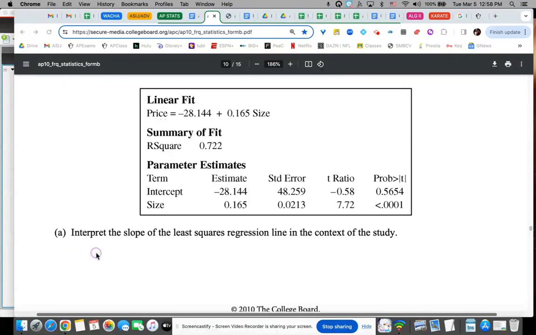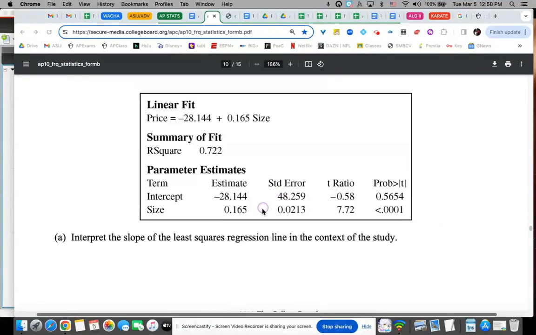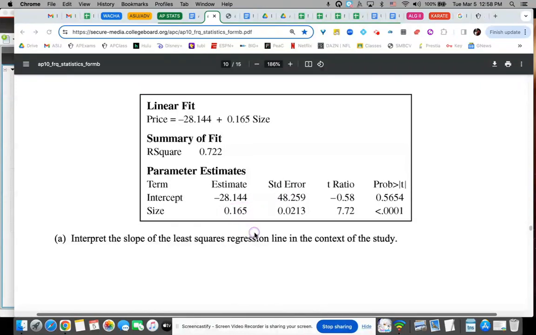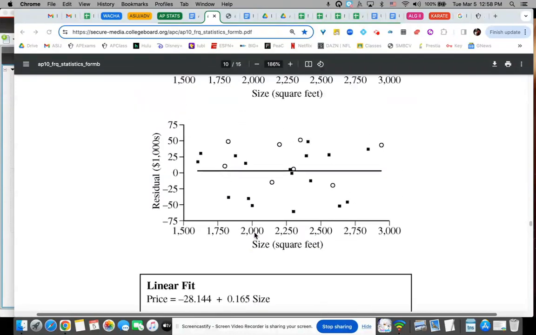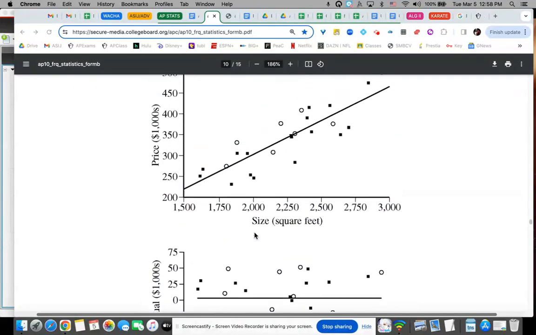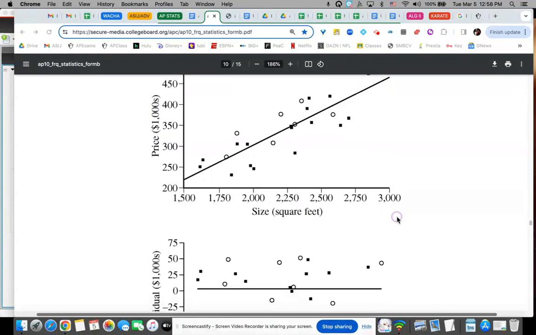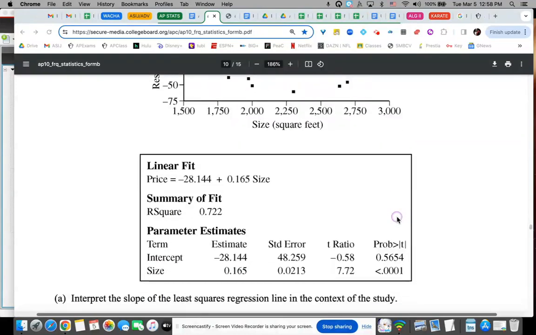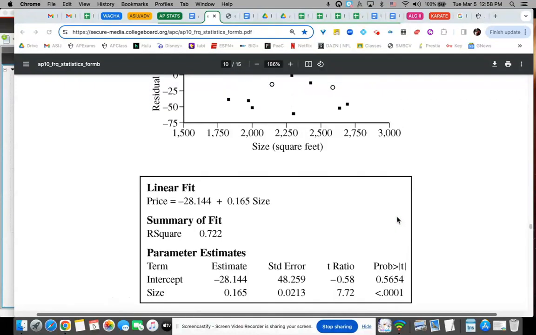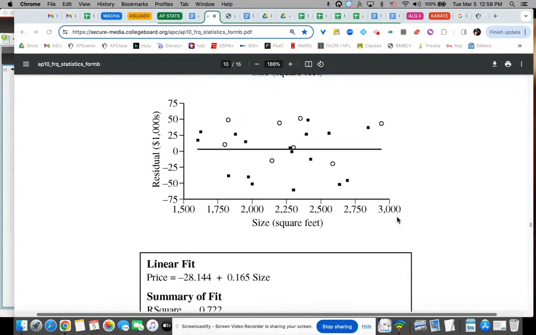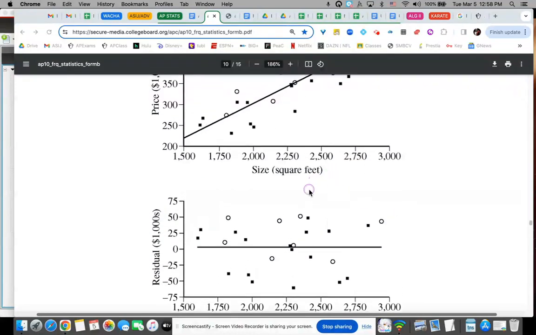Okay, so A, interpret the slope of the least squares regression line. Well, we can do that. That's nothing tricky. Here's the slope, 0.165. If I need to remind myself, I can go back up here and see what we're talking about. We're talking about size in square feet and the price in thousands of dollars. So the model predicts for an increase of 1 square foot in the size of the house,